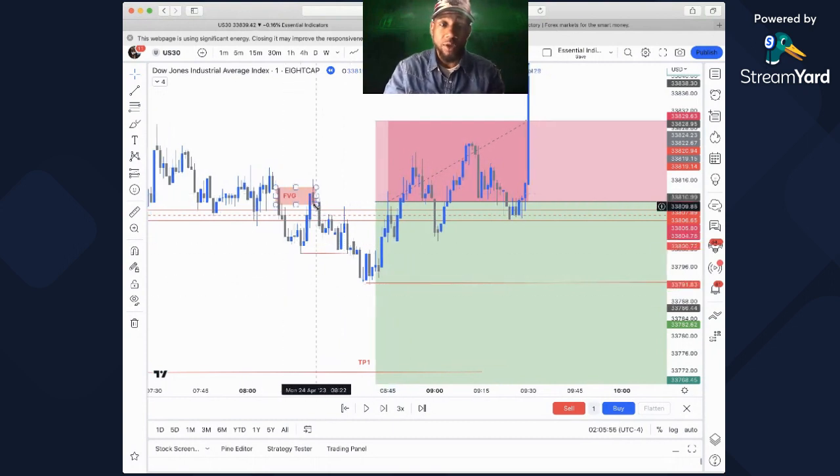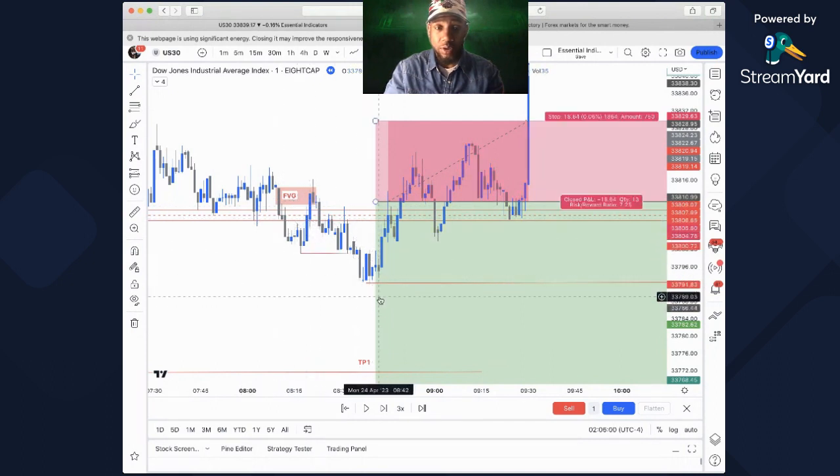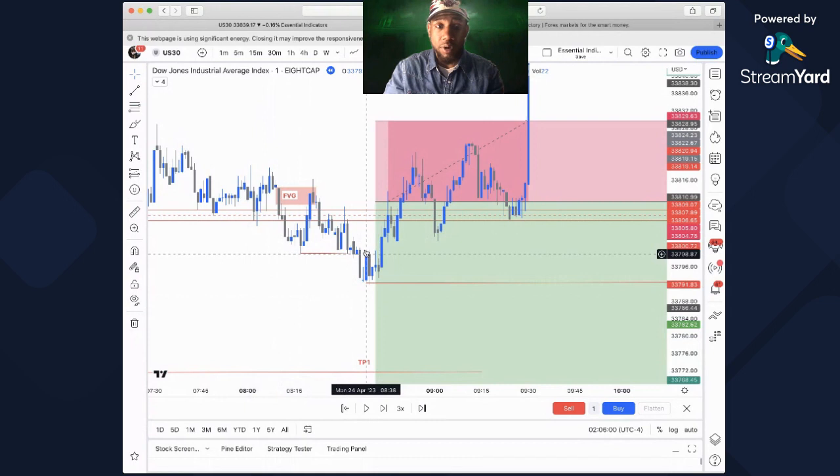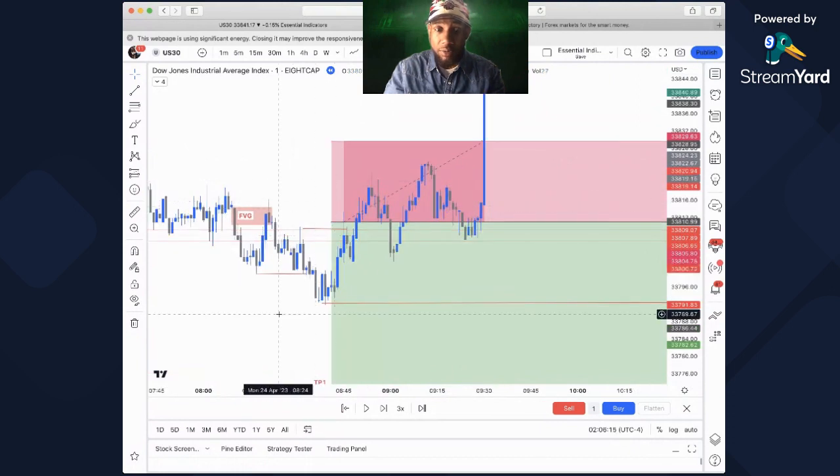All right. But anyway, we have that sweep of liquidity here, sweep of liquidity. All right. And then a break of structure on the other side. Okay. Break of structure right here. That's already there by the new week open gap. All right. And now let's draw the fair value gap. Hopefully you guys see it.